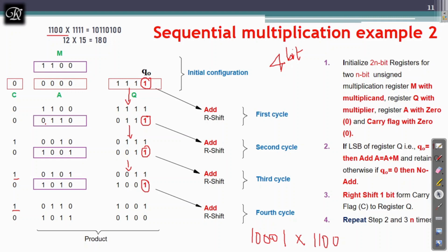So if I want to do this, now this is 5-bit and this is 4-bit. Now what to do? The better thing is to add a 0 over here. Now both are 5-bit, perform the operation. That's it. If you have different numbers of bits in the multiplicand and multiplier, it is better to bring them to a common number of bits by adding a 0. Hope this is clear to you.